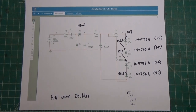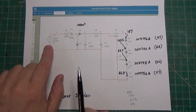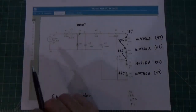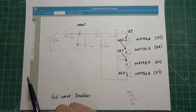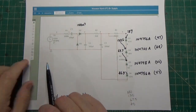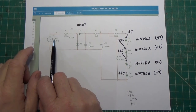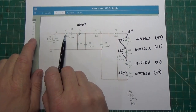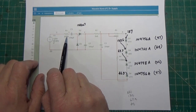Okay, so let's go through our circuit here. This is what you call a full wave doubler. So basically right here you have your 120 volts, 60 hertz coming in. Okay, 60 cycles. And what you do here is you come through a dropping resistor of 200 ohms, and you